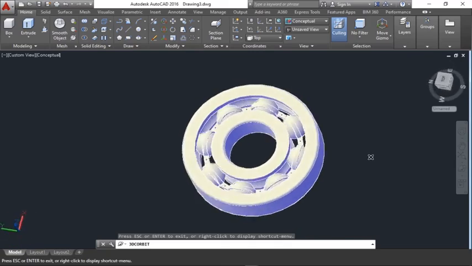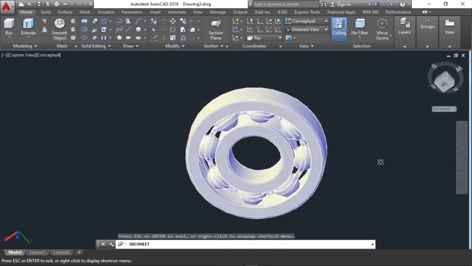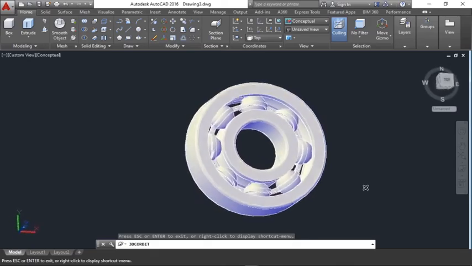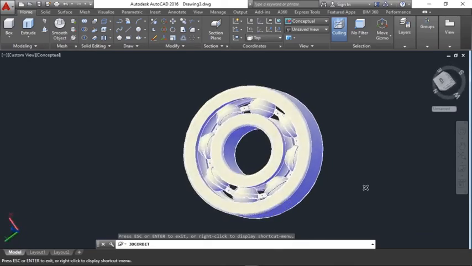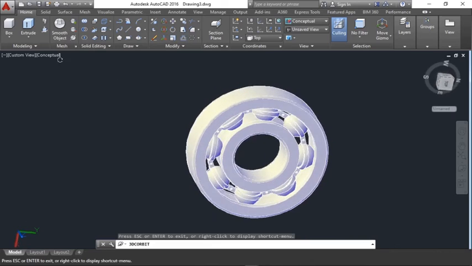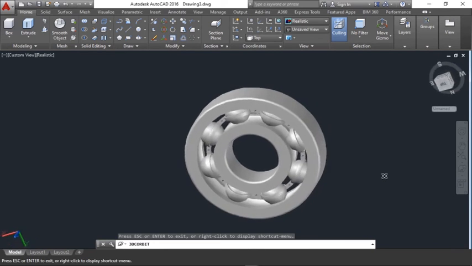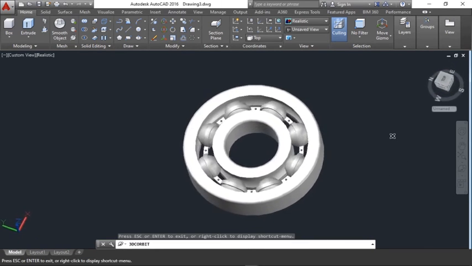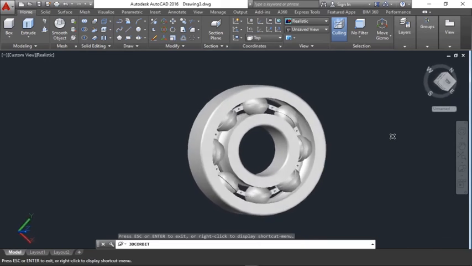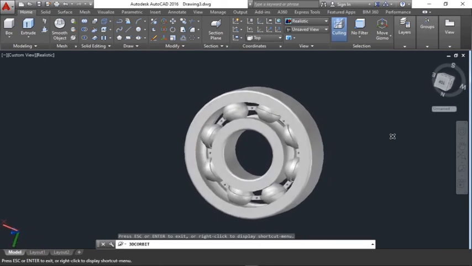Okay, so we are done with this tutorial. All right, so let's change this to realistic, then orbit again. Okay, so the next part, or the next episode, we're going to know how to add materials to